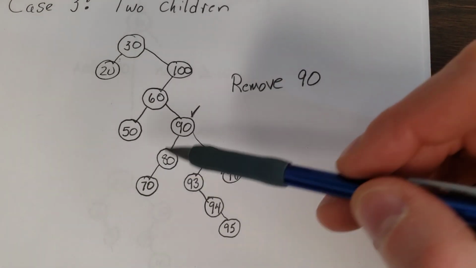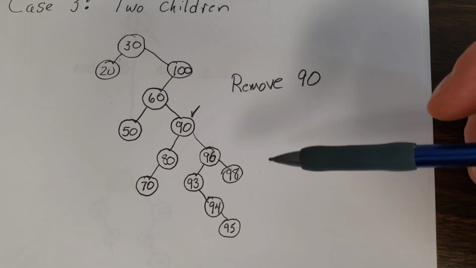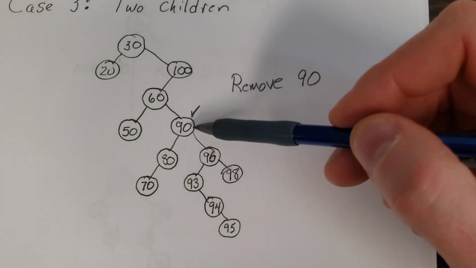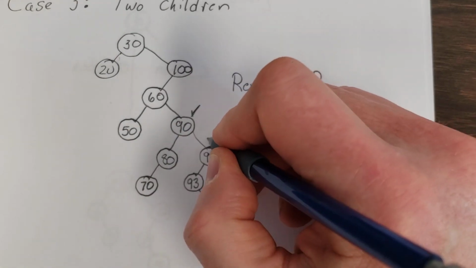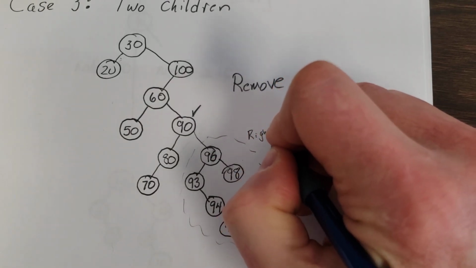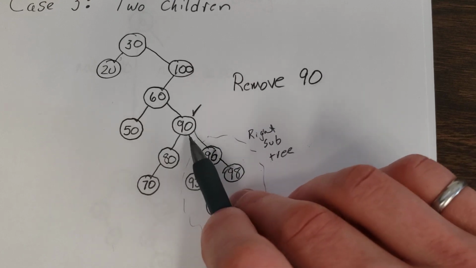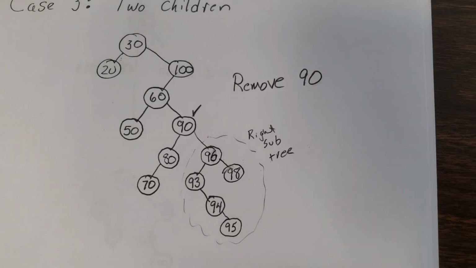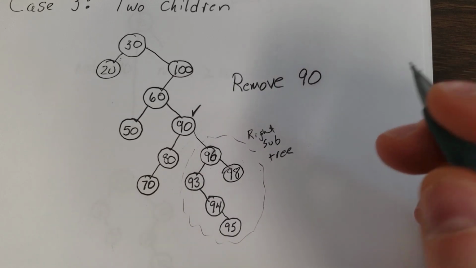Well, you could either take the maximum of the left subtree, or you could take the minimum of the right subtree. However, this is why we emphasize that idea of repeated roots. There might be some repeated nodes in here, some repeated values. So given our condition that there might be repeated nodes in here, what we're going to do is look into the right subtree, the node to be deleted's right subtree. And we are not going to mess around with any pointers. We're not going to stitch together any pointers. We're not going to mess with any of these 3 pointers. Instead, we're going to change the value of this node 90. So what we're going to do is look and find the minimum value